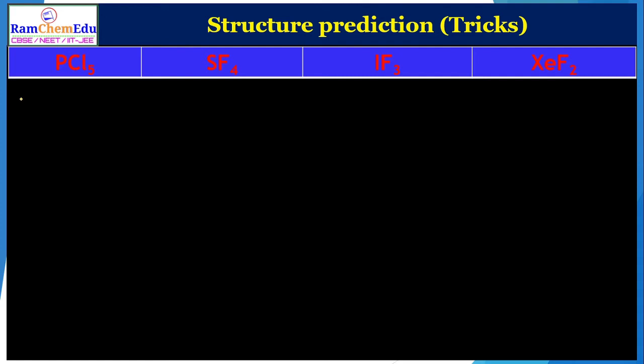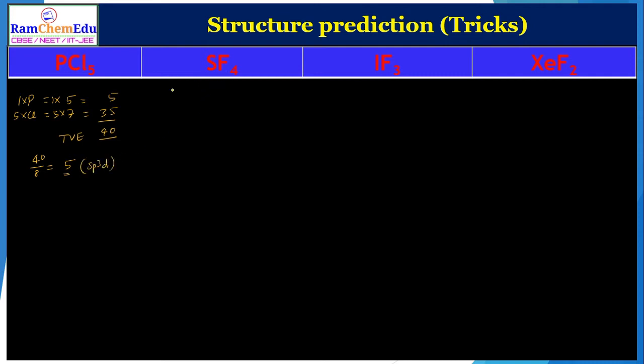Let's see the example. Here we have one phosphorus atom and 5 chlorine atoms. So 1 into 5 is the valence electrons, and here 5 into 7 is the valence electrons. So this is equal to 5 and this is equal to 35. So the result will be 40. This is the total valence electrons. Since the total valence electrons is 40, we divide this by 8. The result will be 5. So once we get this 5, the hybridization must be sp3d.